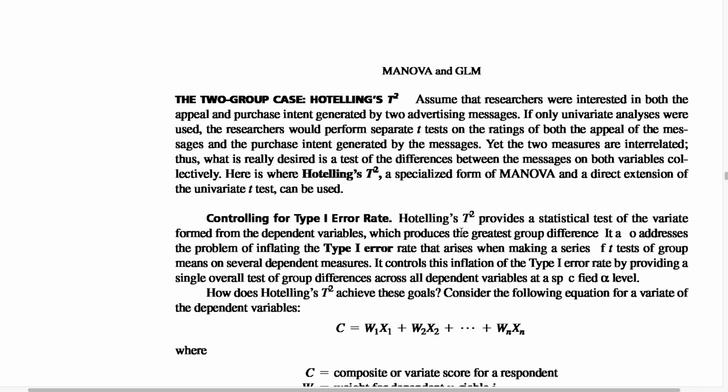Hotelling's T2 provides a statistical test of the variate formed from the dependent variables, which produces the greatest group differences. It addresses the problem of